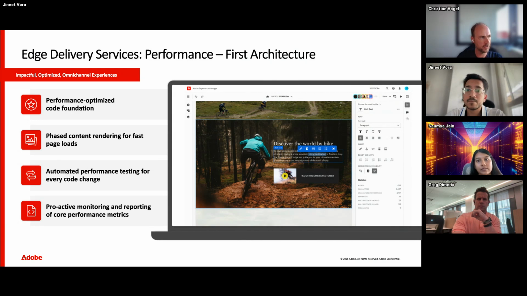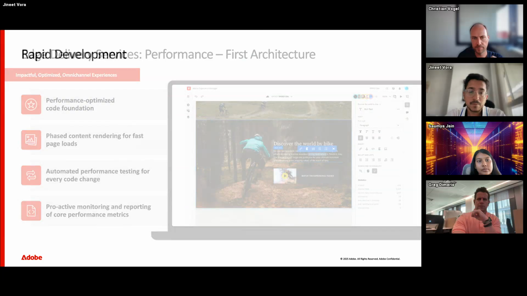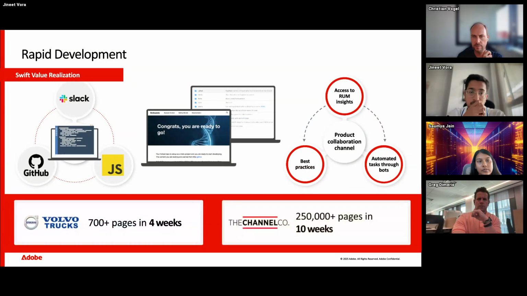So if you click on the next slide, you can see that it's not only about the delivery, but it's also about development. So we're not using Java technology anymore for delivering the website. It's only based on HTML, CSS, and JavaScript. And in this case, if you compare this to typical headless systems, which then rely on modern front-end frameworks like React, Angular, and Vue or whatever, we are really working with vanilla JavaScript. Very easy to read, very easy to understand, and very easy to develop.